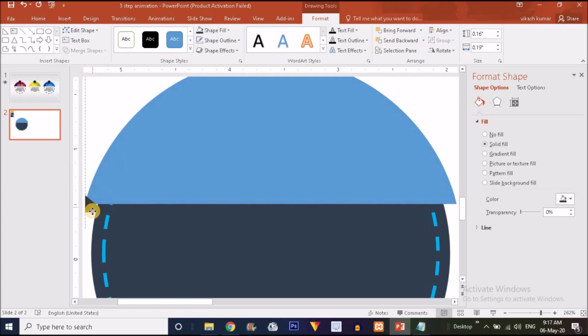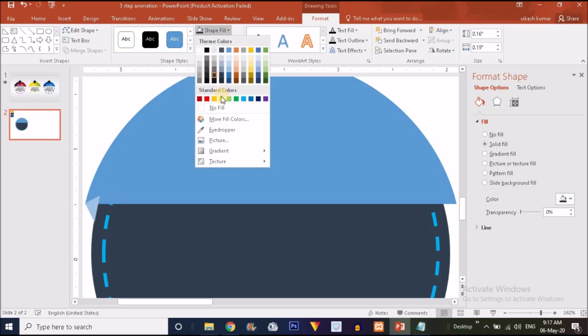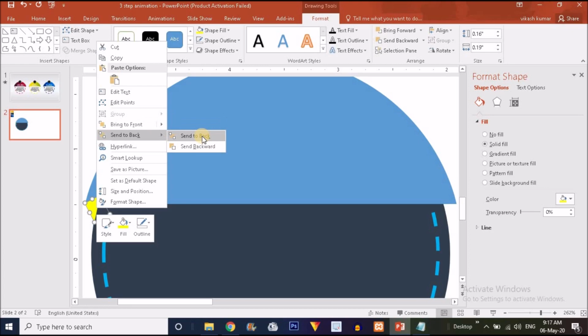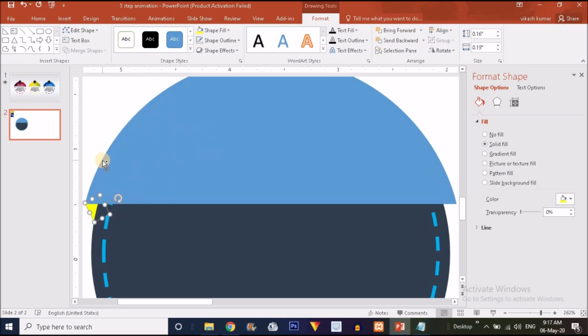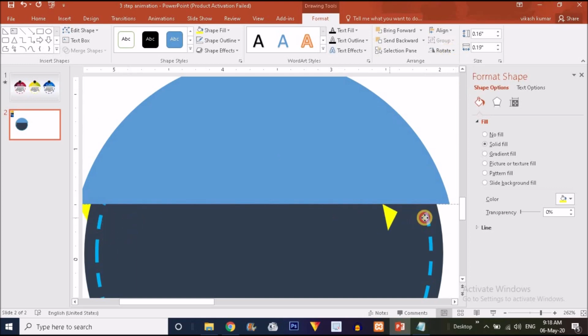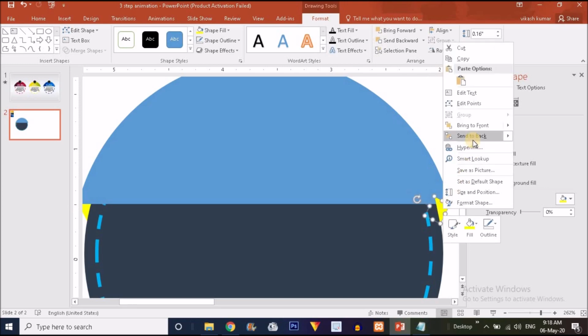Okay, right click on that, Send to Back, Ctrl D to duplicate, go to the Rotate option and flip it vertically, adjust it here like this, and right click, go to Send to Back.